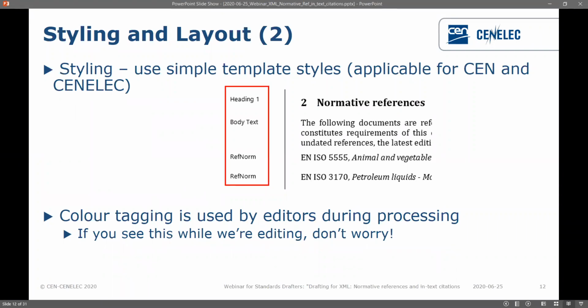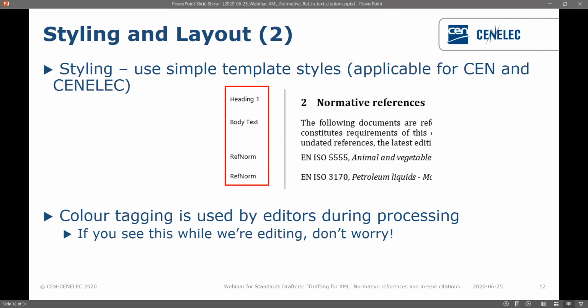It will allow us to tag it up properly so that when we create the XML, it's aware that it's a reference. This also allows us to check the standard to see that it's not withdrawn, that it's actually published, or that it's somewhere in the publication stage in the process, that it needs a date, that it's even normatively referenced in the text. We have tools to check that quickly. So make sure that it's styled correctly.